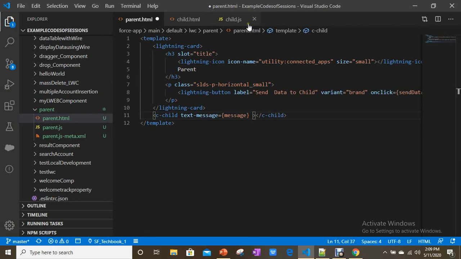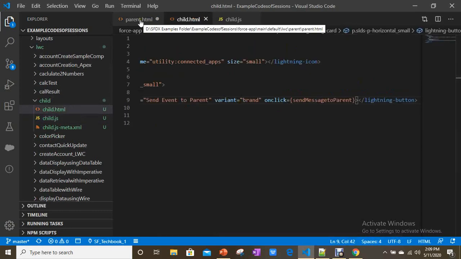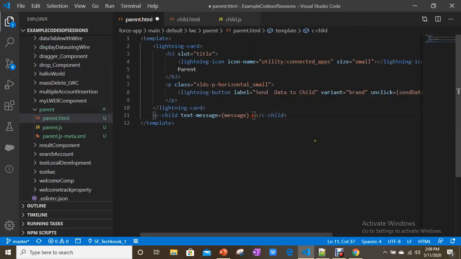So your event name, childmessage, you have to specify here, along with the word on as a prefix, then it can handle the event. So this is the event handler attribute. Now what is the method you have to use to handle this event? You can define handleMessage, simply.